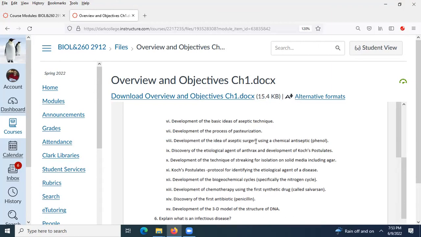oh gosh, it's not Jenner. Who the heck is that? I'm gonna have to look that up. I don't remember. Anyone remember? Actually, I might be able to do this. The phenol has a coefficient of 1, and we call that coefficient. Nope, not able to do that. I'll look it up. Koch's postulates I've already talked about.